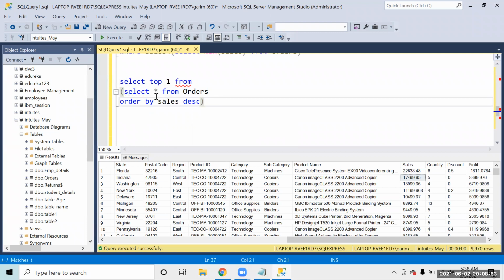Okay, I could have used that top one over here also, right? I could have written select top one star from here also, right? But I'm right now just not using this over here. I'm writing it over here. Select top one star from. This is my outer query. So now if I just execute it,